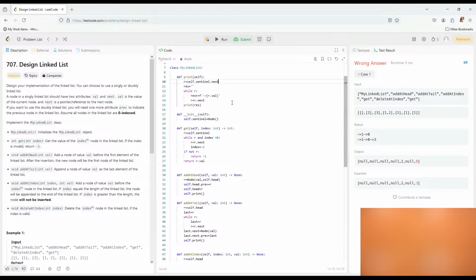Okay, let's review our code and when we get to do sentinel next. When we add at the head,